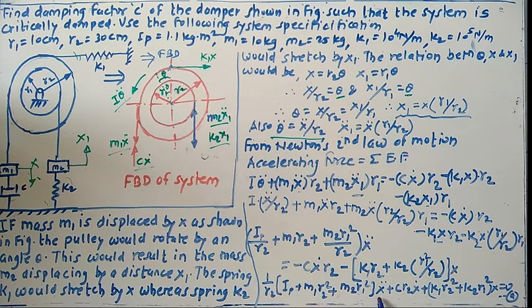towards the left side. So the equation will be written like this: c into r2. Okay, so the plus sign is given for this one, c into r2 into x single dot. Plus this term, k1 into r2 square. If I take the common r2 from this side, r2 goes in the numerator and you have to just multiply by these r2 terms